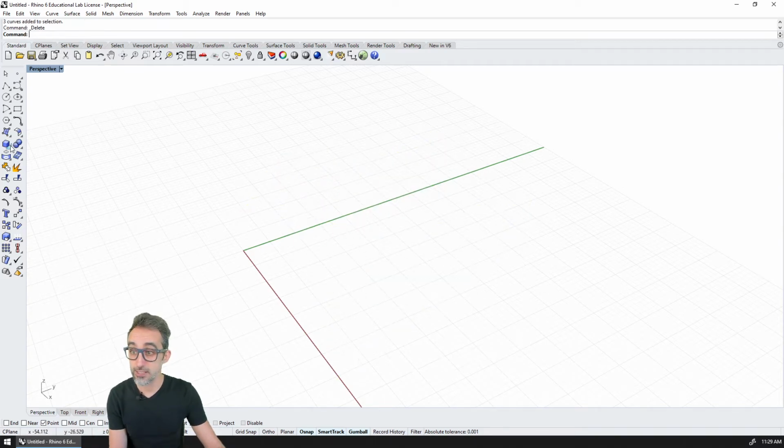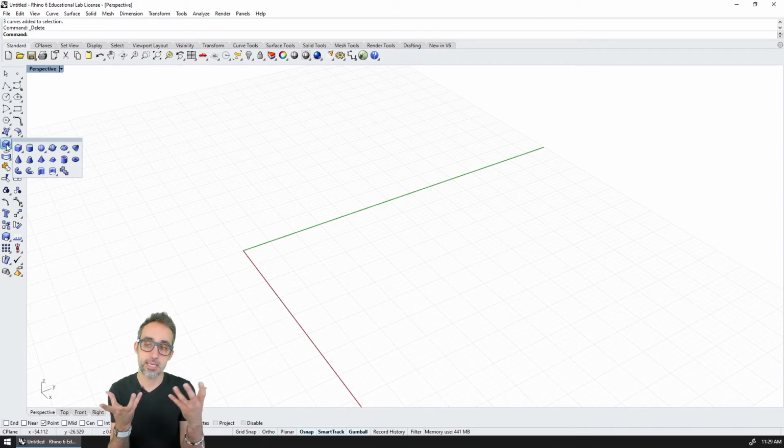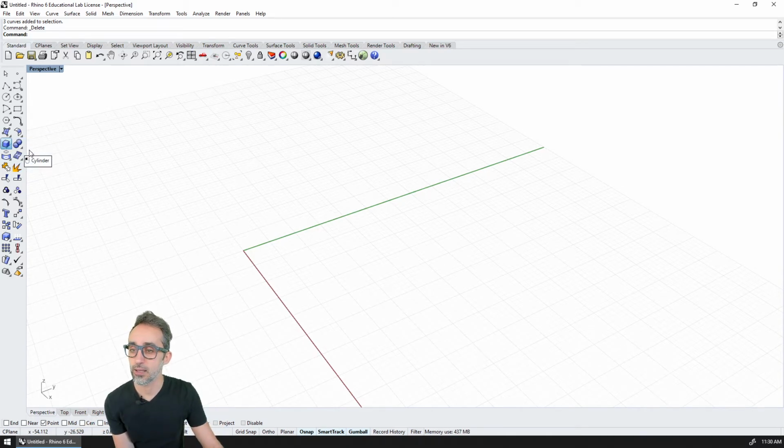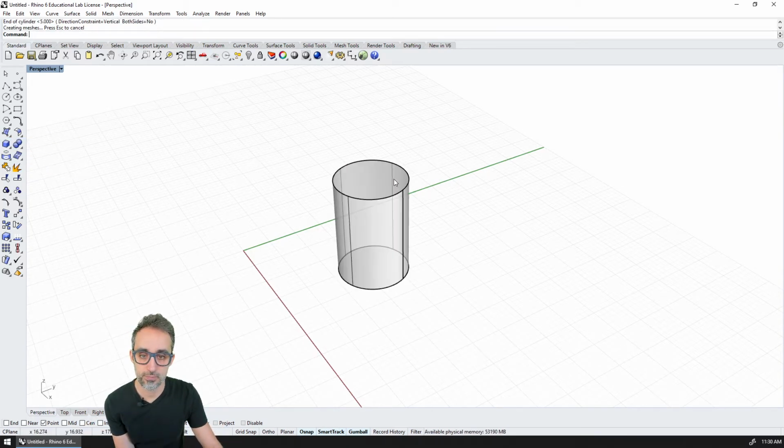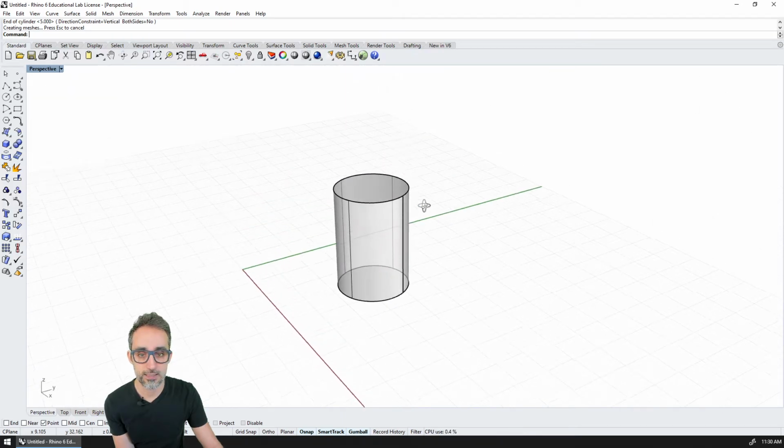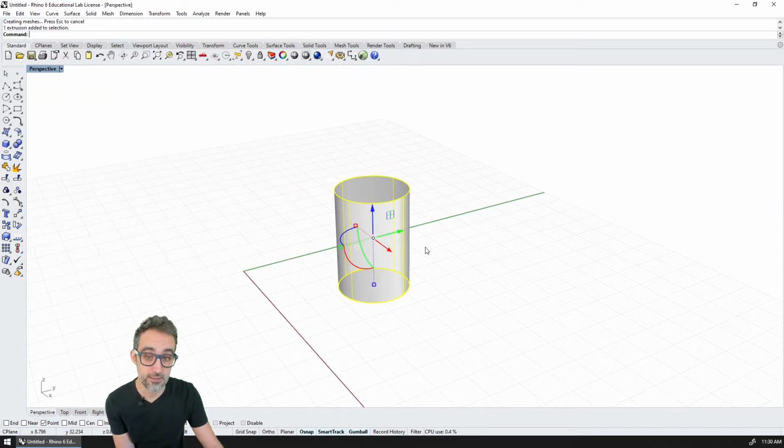Okay? So now, and of course, sorry, I forgot. We have surfaces, and in Rhino in particular, we have this thing called B-reps. B-reps means boundary representation. And what that basically means is that by stitching a lot of surfaces together, you can create something that feels like a solid object. So for example, I can create a cylinder here, all right? And you can see that this cylinder is basically three surfaces.